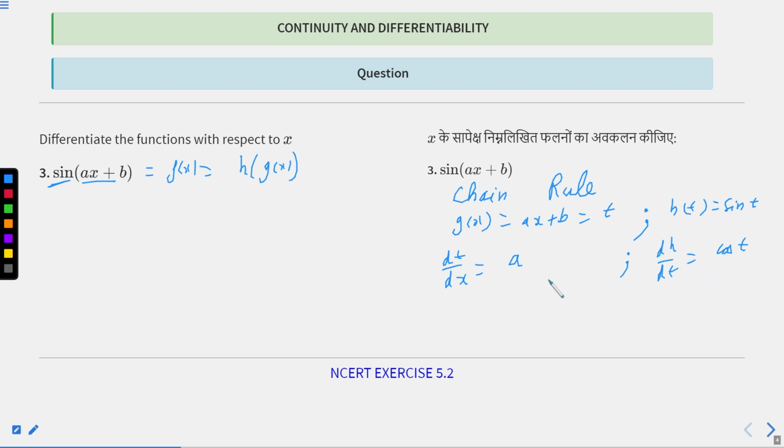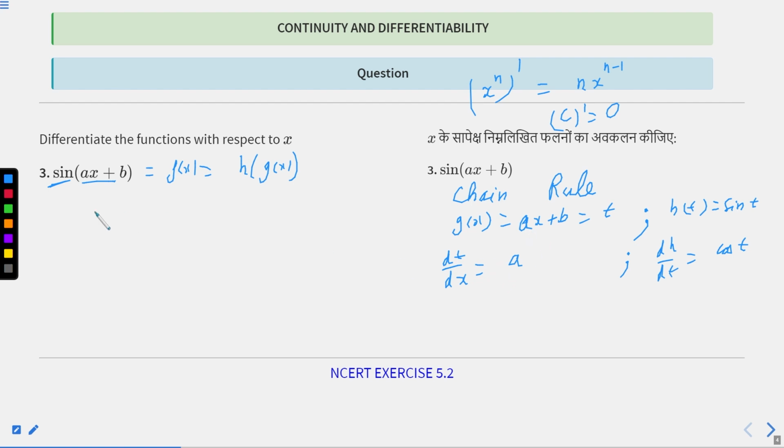So far so good. What I am using here is x power n. The derivative of x power n is n multiplied with x power n minus 1, and the derivative of a constant term will always give you 0. The derivative of a plus b gives the derivative of a plus the derivative of b. You already know the algebra of derivatives.